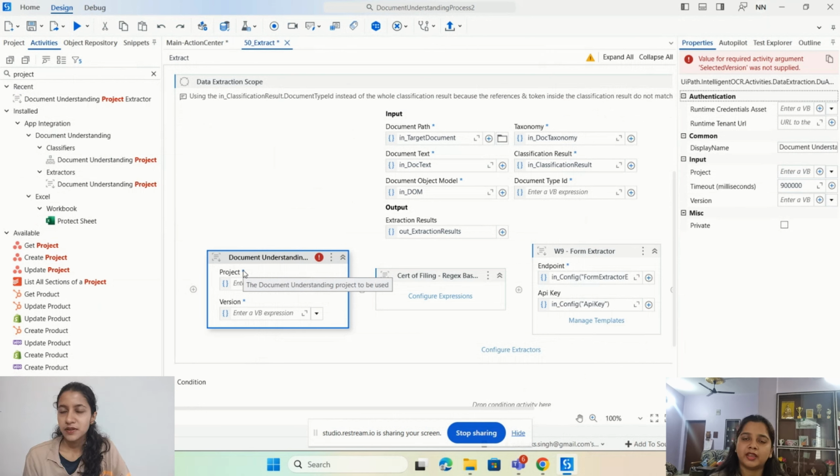There are certain advantages that you will get with the modern DU project. The first thing is the auto training. As soon as you add the documents, you do not need to initiate the training. The training will get initiated on its own. Unlike a classic project, where you need to label the documents, create the pipeline, run the pipeline, and then wait for the pipeline training completion. And once the training has been completed, you can publish the ML skill. That is a great feature that we get in modern projects.